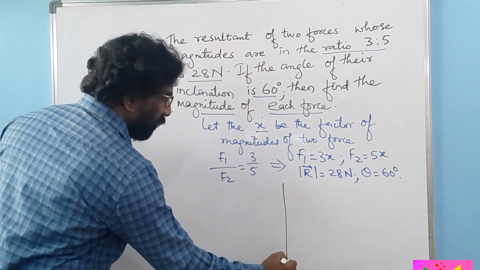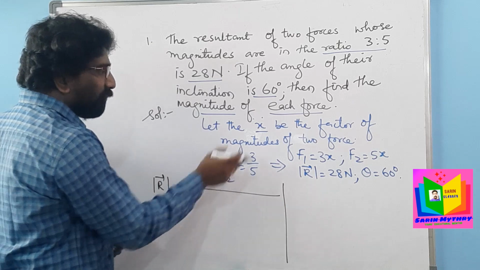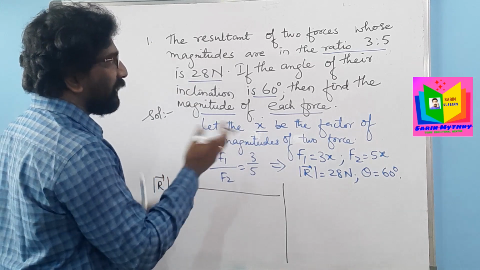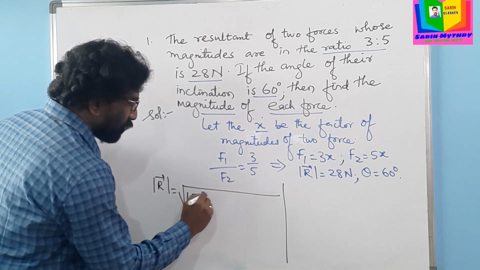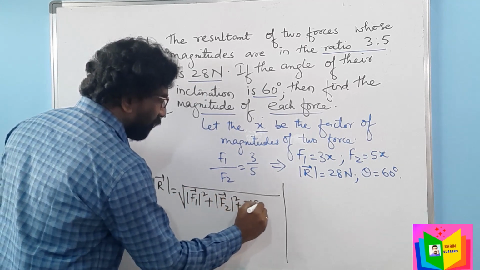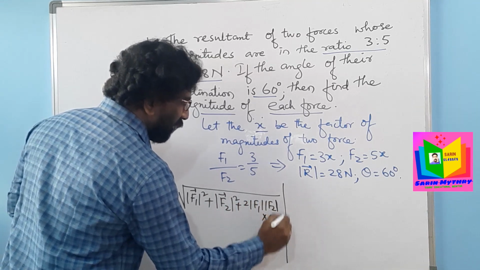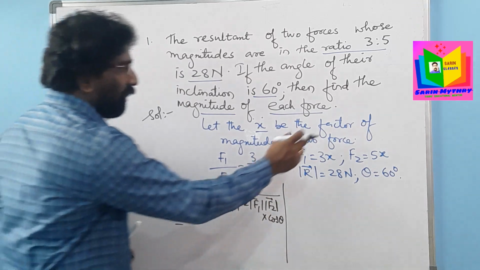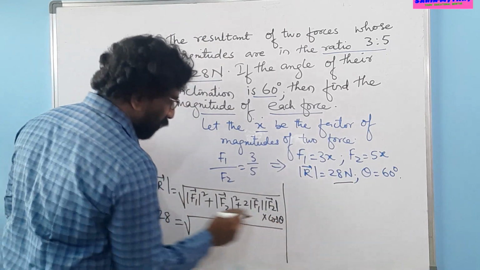As per the formula, the magnitude of R is equal to the under root of, I'll write the formula of this vector addition in terms of F1 and F2 instead of A and B, which you have seen in the formula. So I'll write it as F1 square plus F2 square plus 2 F1 F2 cos theta. So this becomes your formula. Then what is R? R is equal to 28, given here, equal to the root of